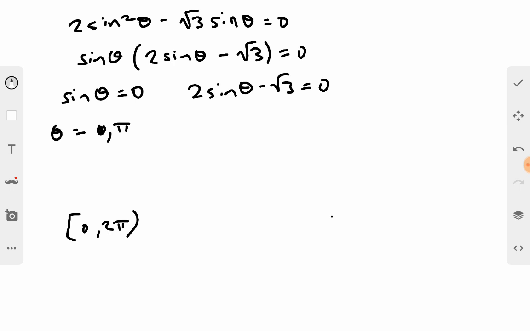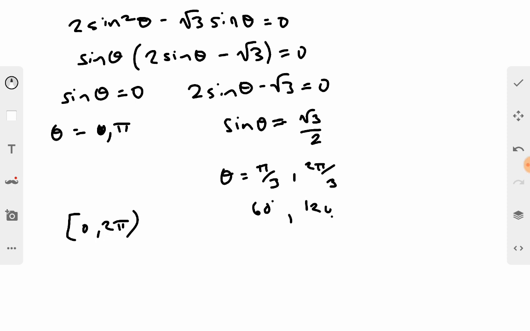All right. And then our other one over here, we're going to solve for sine theta. So we move that square root of 3 over, and we divide by 2. So we get sine theta is equal to square root of 3 over 2. And we look at our graph, or we look at our unit circle, and we know that that's going to be at pi over 3, or 60 degrees, depending on whether you want radians or degrees. And that's the first place that sine is equal to positive square root of 3 over 2. We also know that sine is positive in the second quadrant, so we would also have 2 pi over 3, or 120 degrees. So we use that first angle as our reference angle for quadrant 1, and then we do the same thing for quadrant